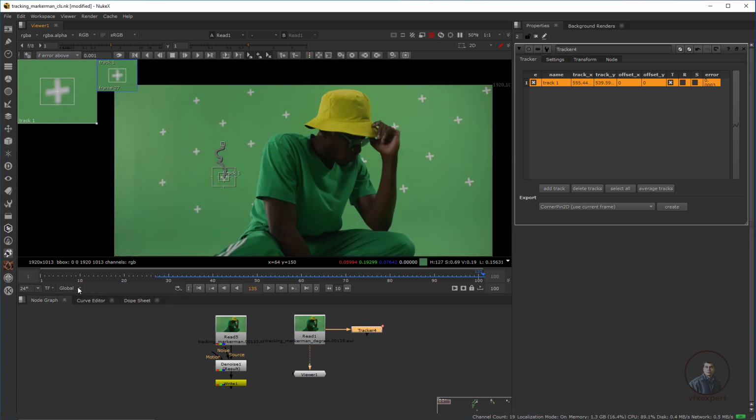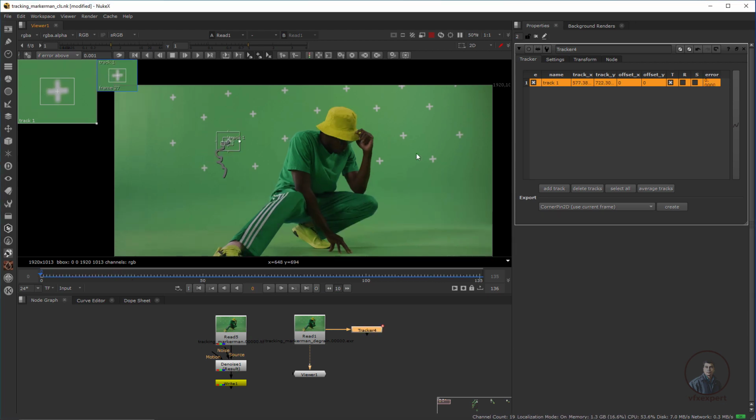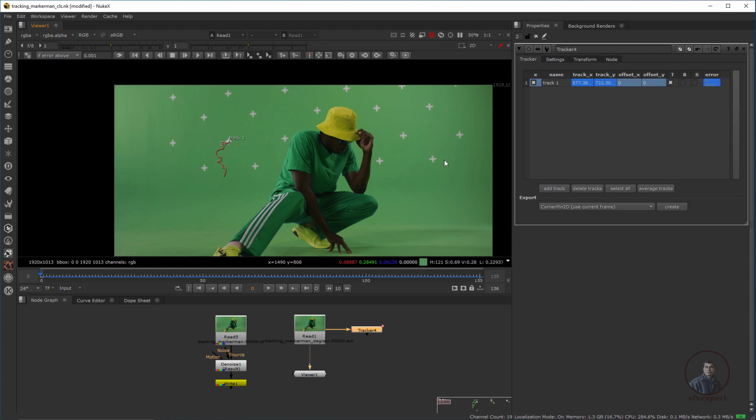Now simply select input here. According to your footage, it will automatically show the frame range here. Now we have to track the remaining frames. So again place your playhead here, then track backward. Same for the right side tracking marker, you can use another tracker and track another point and collect tracking data. But only for explanation, I am going to use only this first tracker here.